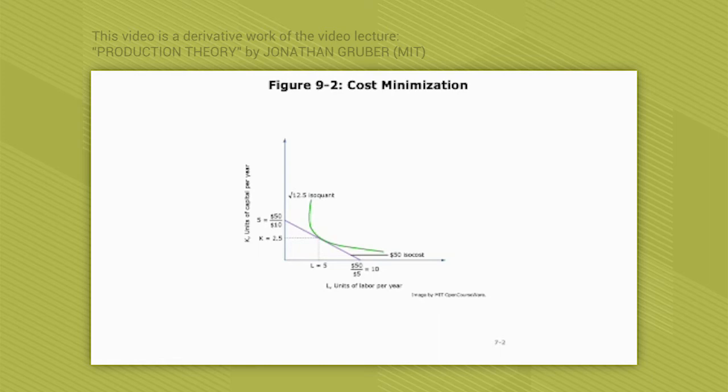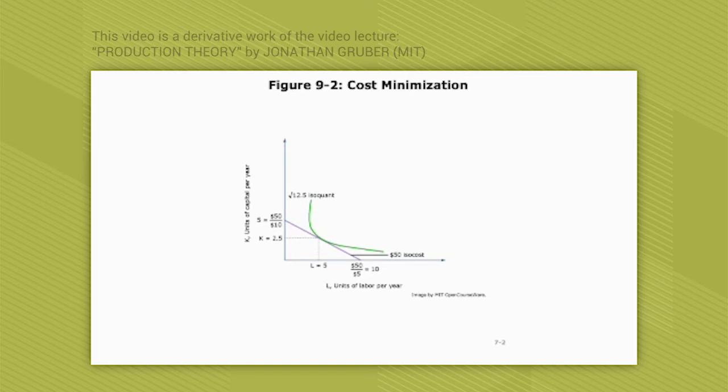So basically, what we see is that if you want to produce a given, fixed amount of Q, then you're going to look for the tangency of that isoquant with the isocost, and you're going to say